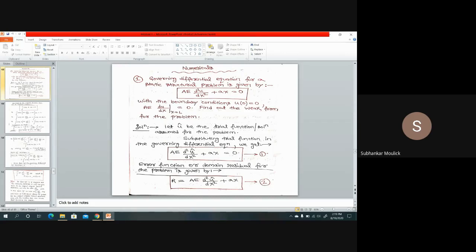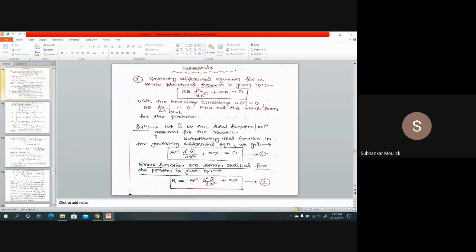And if you see in the question, two boundary conditions are given to you. One is your essential boundary condition, which is nothing but u of 0 equal to 0, as I have told you in the last class. As well as A into E du over dx at x equal to L is 0. This is my natural boundary condition.